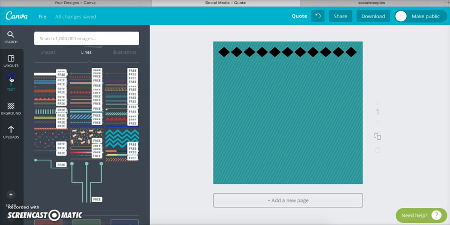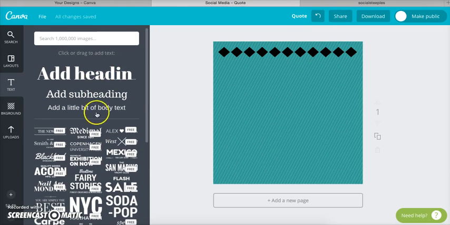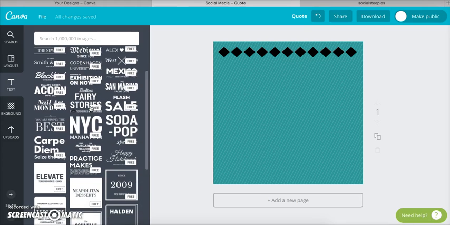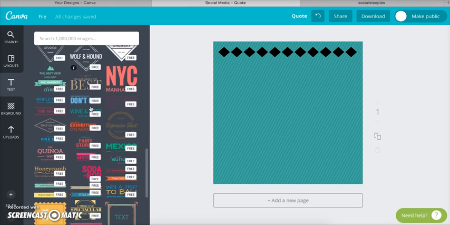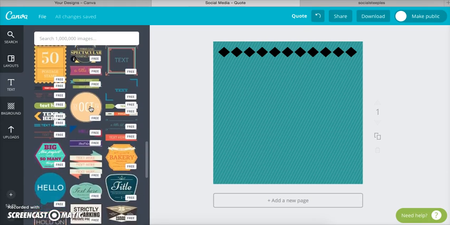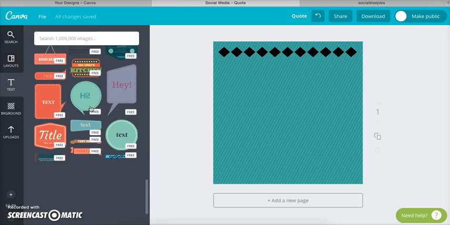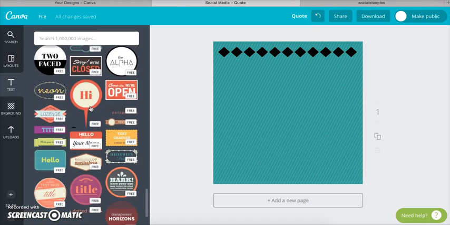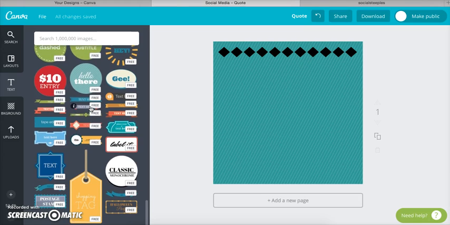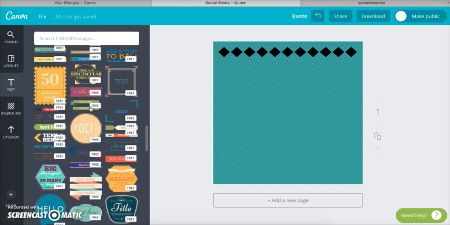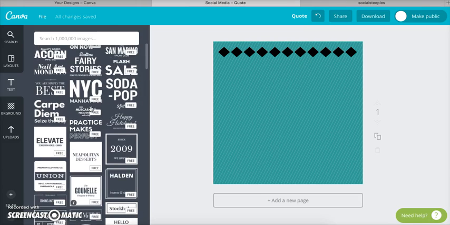And then if you want to add text, what's cool about Canva is that not only can you add just regular text boxes, but you can also add other things down here that look more professional. So if you just want to do something in particular, or you want something that looks more professionally done, you want to add in your own text, this is perfect for you. I use this a lot with events and stuff like that for Redstone. I'll come on here and find something that looks professional and just add in my own text so it looks like I did something a lot more fancy than I actually did,